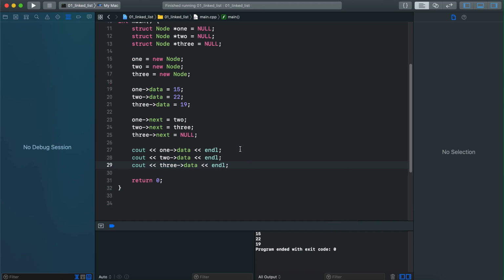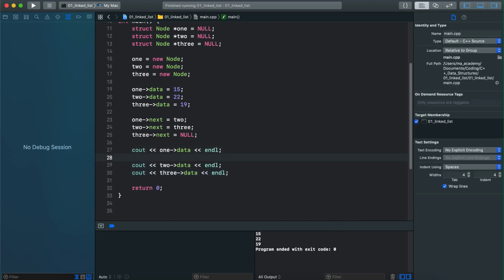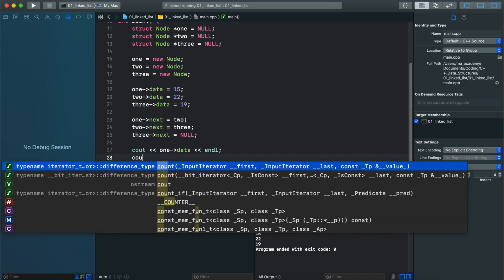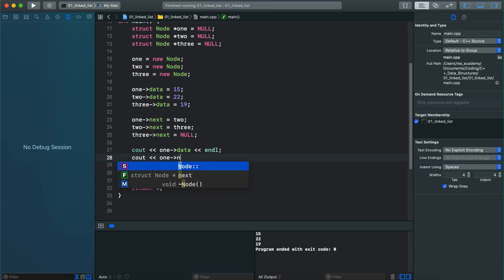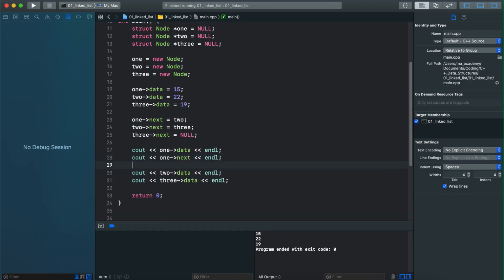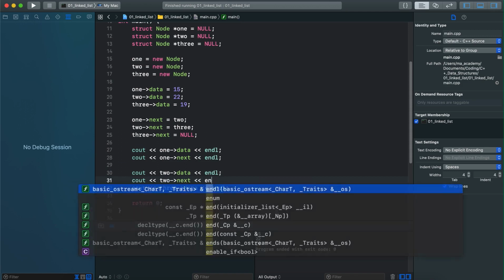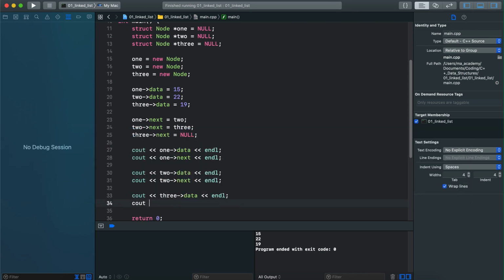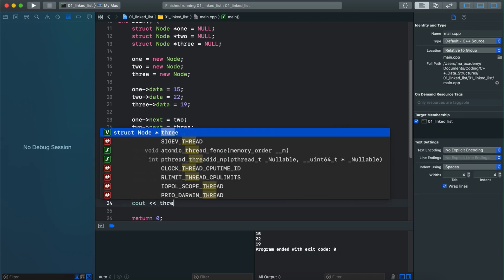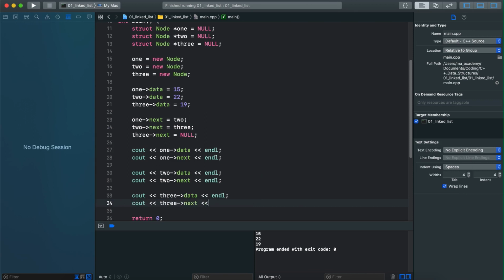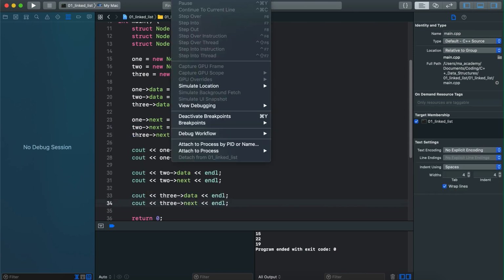Next, let's just do one more thing in here. Let's say we also want to see the addresses of these things. Right now we are only seeing the data that it's pointing to, right? So we want to see the addresses as well. How do we do that? If I say cout 1 next and NL, it will show me the address of it. Now I do the same thing for 2 and next, and the same for the last one, cout 3 and next and NL. So if I say run,